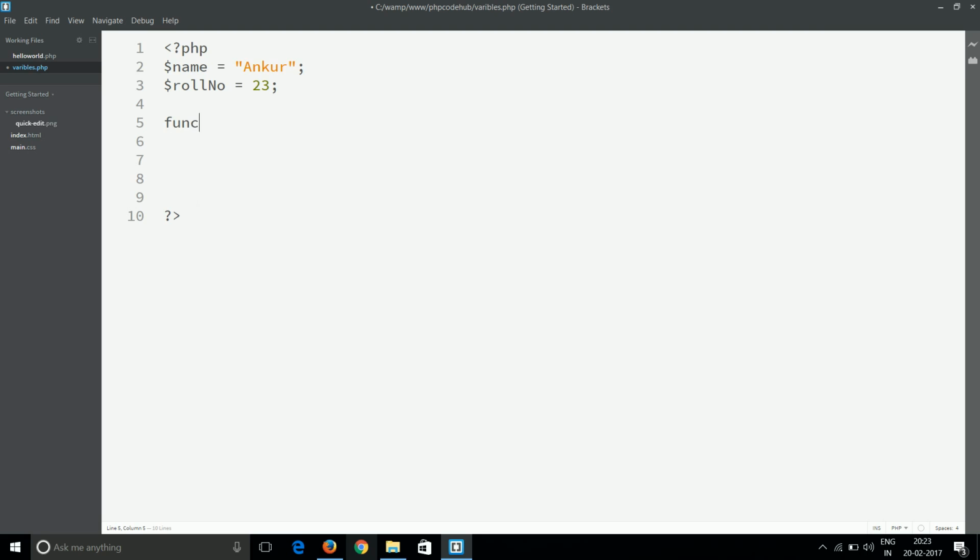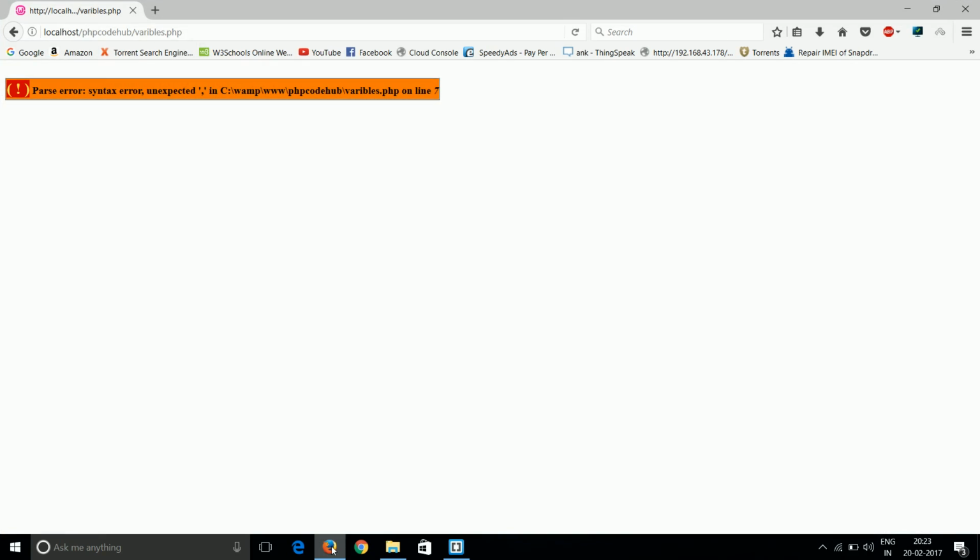Now if we write a function, I will talk about functions afterwards, and we again declare a variable name is equal to code hub. Now if we print here $name, let's find out what the output will be.